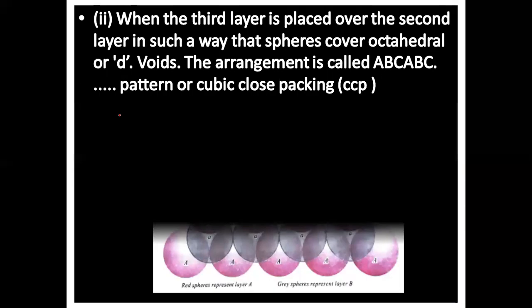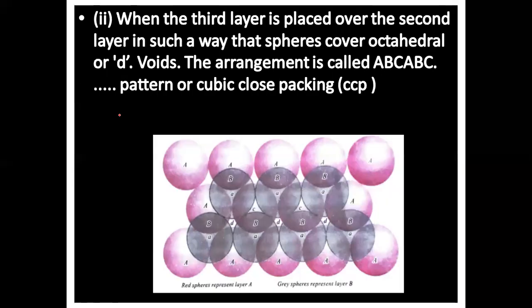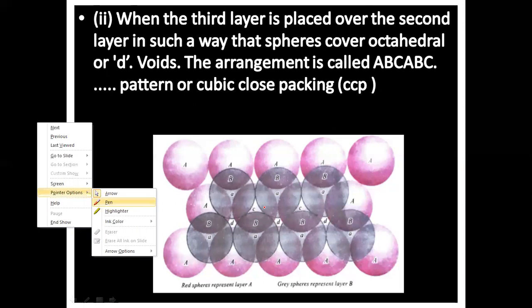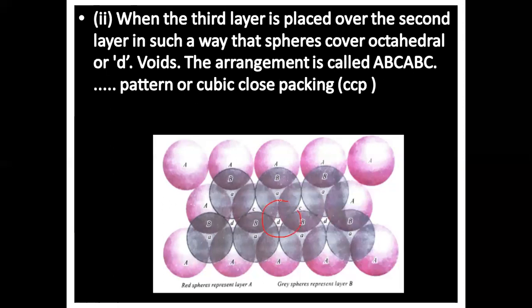And the second method is when the third layer is placed over the second layer in such a way that spheres cover the octahedral void, that is D void. Then one new layer is formed, that is C layer. That's why this arrangement is known as ABC pattern or cubic close packing.